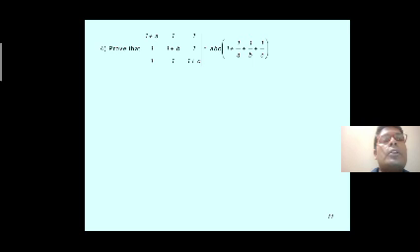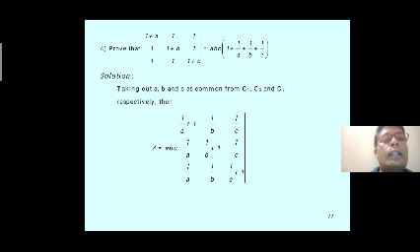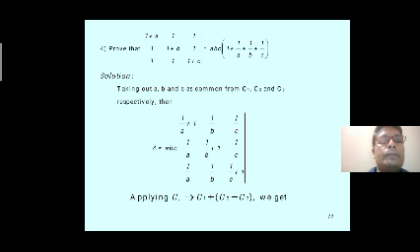The next problem: prove that the determinant 1 plus a, 1, 1, 1, 1 plus b, 1, 1, 1, 1 plus c equals abc into 1 plus 1 by a plus 1 by b plus 1 by c. This is an important problem. In the determinant, taking out a, b and c as common from C1, C2, C3 respectively, delta is equal to abc times the determinant 1 by a plus 1, 1 by b, 1 by c, 1 by a, 1 by b plus 1, 1 by c, and 1 by a, 1 by b, 1 by c plus 1.